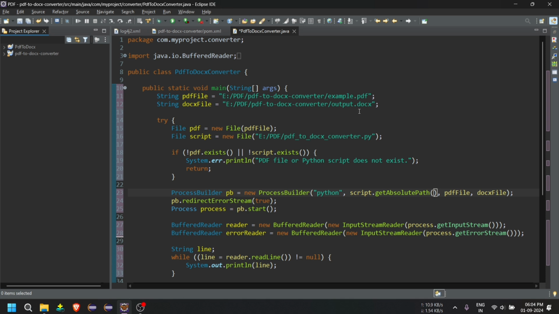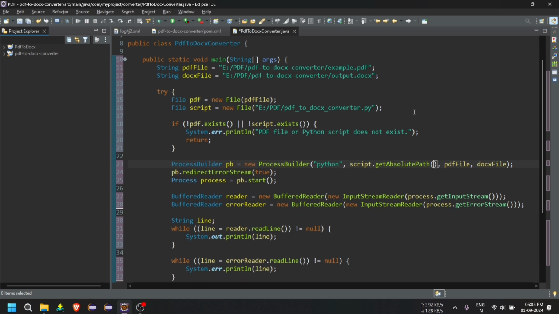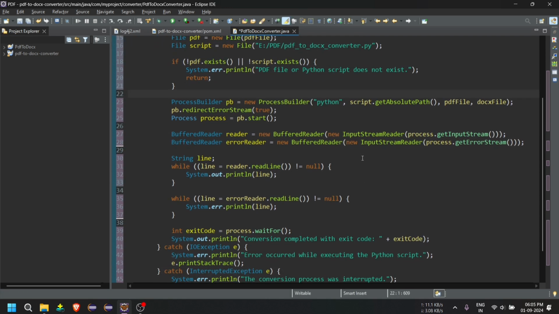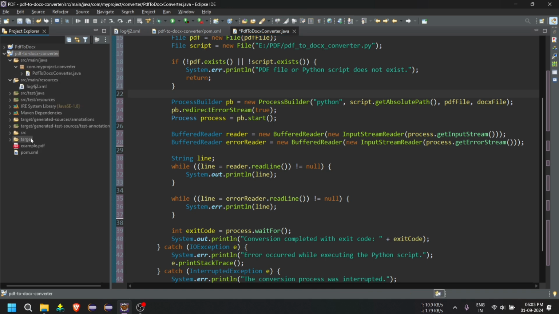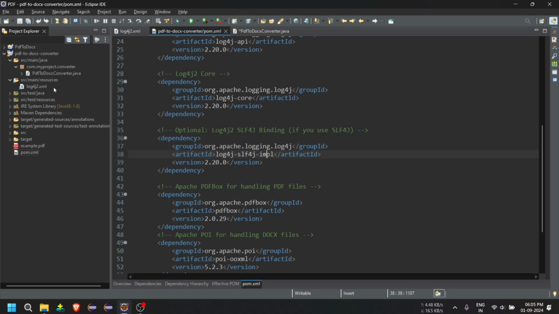First question is this: I have used Java as the main programming language to handle the core functionality like these things. I have used Maven for the dependency part. I have added so many dependencies in it, you can see, and I also have used